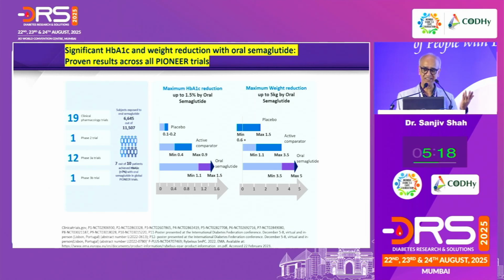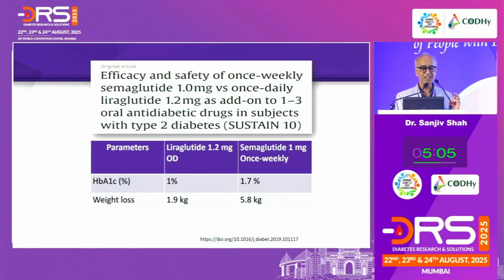If your baseline is higher, there would be more weight loss. The weight loss with oral semaglutide is marginally more than what you would see, going up to 3 to 5 kg, again matching with previous clinical studies. This is the 1 milligram weekly injectable, globally well known as Ozempic. This is the dose in India as the Wegovy, 1 milligram. That is the third higher dose.